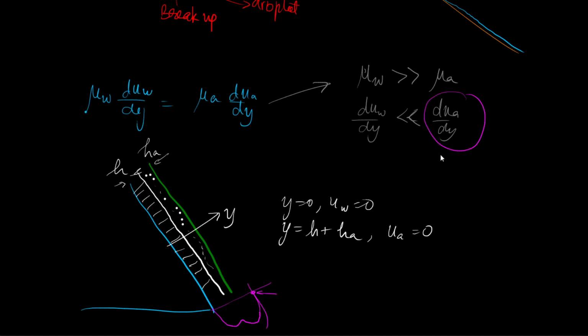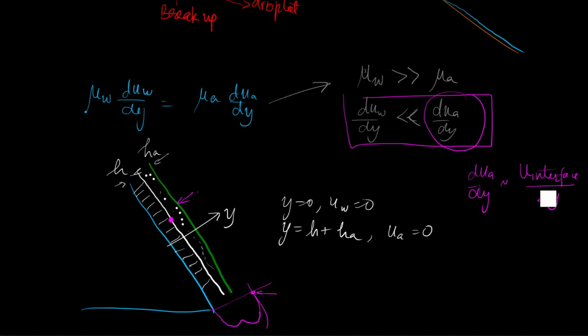So in this case, this condition will not be true because du air dy will have an order of magnitude equal to the velocity at the interface divided by delta y, and delta y is simply ha. Similarly, du water dy will have an order of magnitude of u interface upon h. So if u interface by ha is very large, despite mu a being very small, du air dy can be quite large,